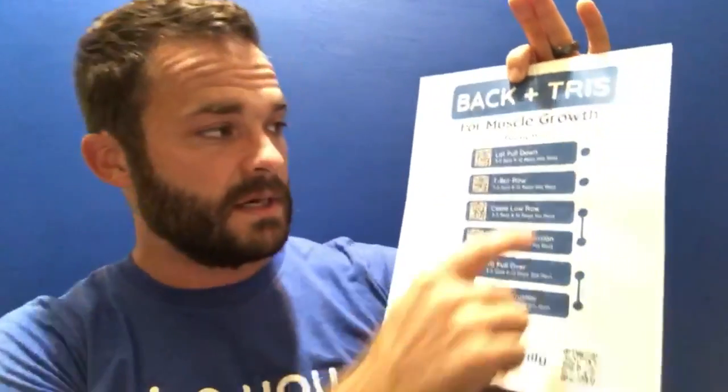Now, rest periods are important and often overlooked in a workout program. So in this particular workout program, you have your lat pull down. It's all by itself, and you have 60 seconds of rest in between sets. So you're doing the lat pull down, you're going to rest for 60 seconds, take a sip of water, snap